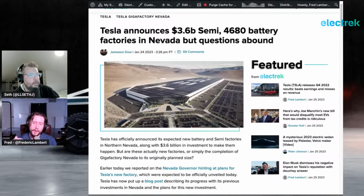However, I think they might have gone a little bit higher than they did in the original plan. They have 2 levels now, so maybe the total space is a bit better, but it's not clear. So a lot of people were like, yeah, Tesla never delivered on their promise there. Well, they didn't deliver on the actual footprint, but the original investment that they announced, they delivered on. Tesla admitted that it was their first Gigafactory, and they didn't plan the project perfectly,